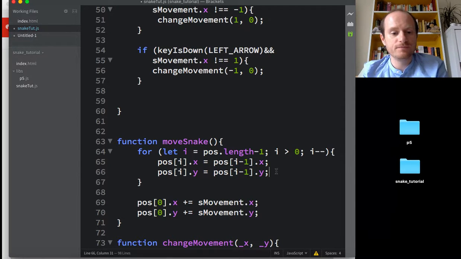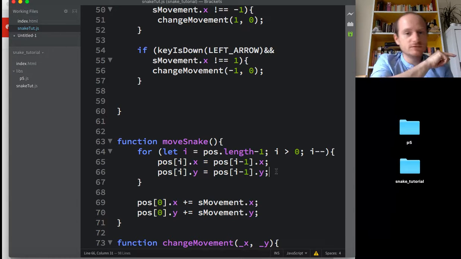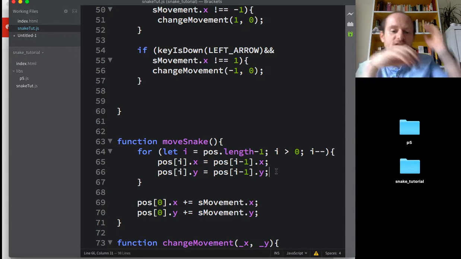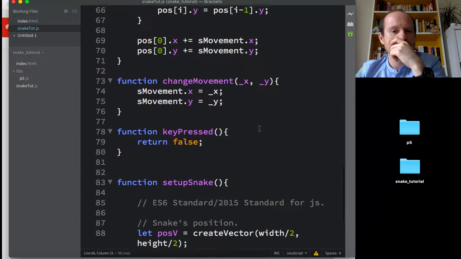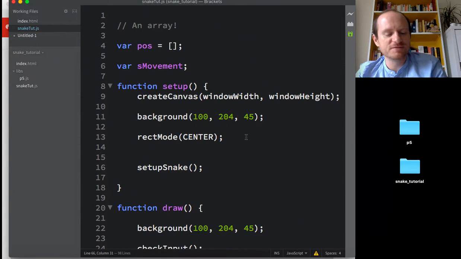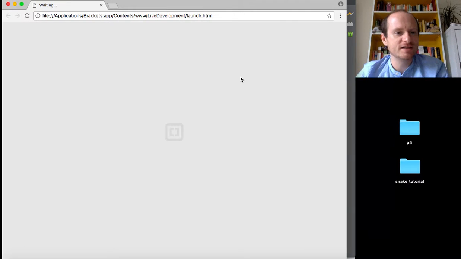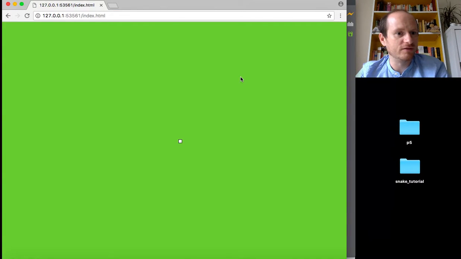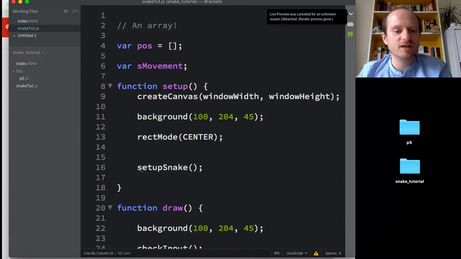There we go. So that will iterate down the snake and move everything to where everything else was. I think this will run. So I've saved it. I hit our flashy icon in brackets and see if the local server will produce next. So good news so far. It's moving and I'm pressing up, down, right, left. Yeah, everything's moving. So we haven't derailed and destroyed what we had before, but we want to be able to